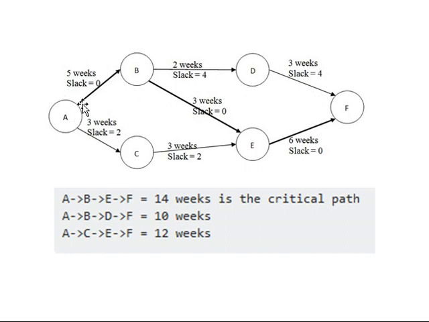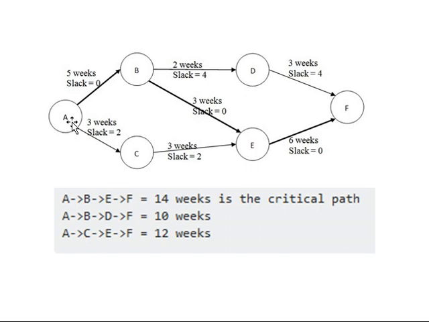When you are following the direction of the arrows, each activity will consume some amount of time. If you keep adding them, we get the total duration that particular path will consume. For example, this path has time consumption 5, then 2, then 3. Its cumulative is 5 plus 2, 2 plus 3, which means 10. That means A, B, D, F will consume 10 weeks, as addressed in weeks.